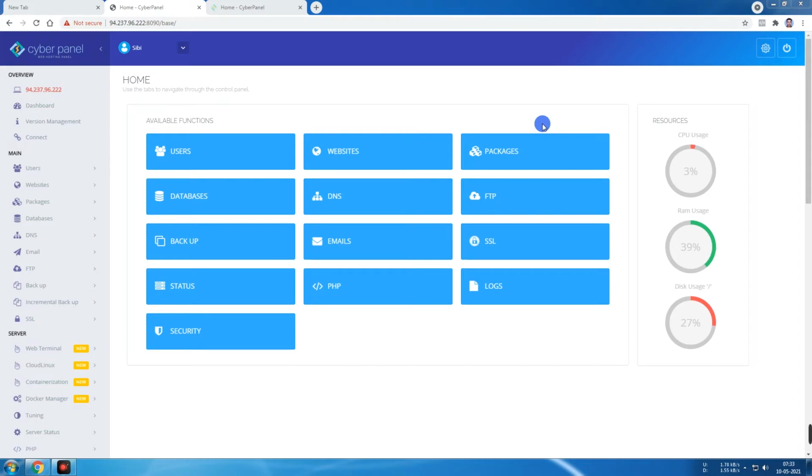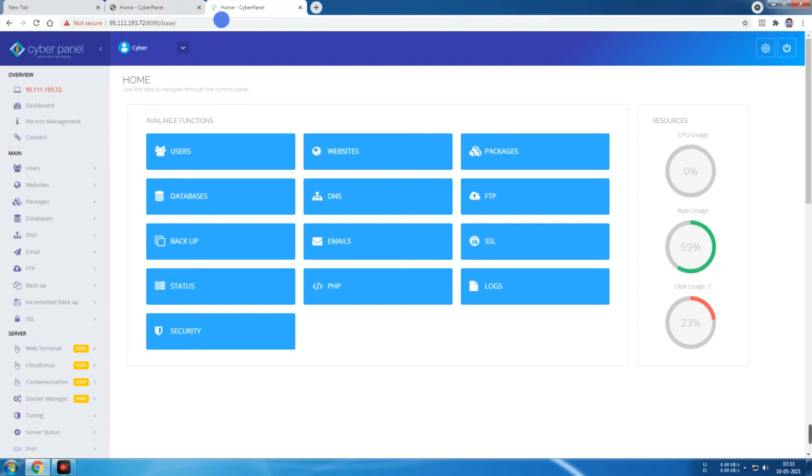But in this video, you are going to learn how to move a website from a server to another server with just one click. On the left side, you can see a server. I'm using CyberPanel with OpenLiteSpeed. This is hosted in Germany.